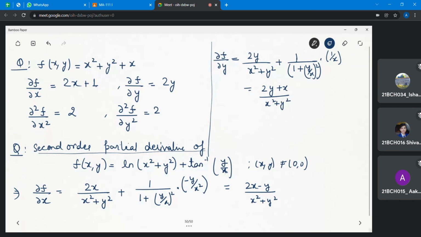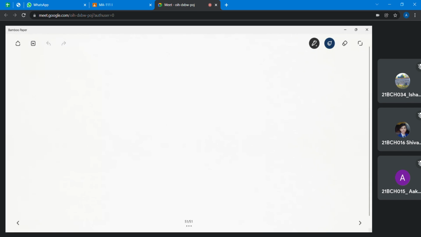Now one more thing इसी प्रॉब्लम में बता दे रही, किसी किसी बुक में ये पार्शियल डेरिवेटिव ऐसे भी लिखा होता है. So fx means the partial derivative of f with respect to x. So fy means the partial derivative of f with respect to y. Now let us suppose we have to calculate del 2f over del x square. So this is also written as f of xx. So what does it mean? The second order partial derivative with respect to x.